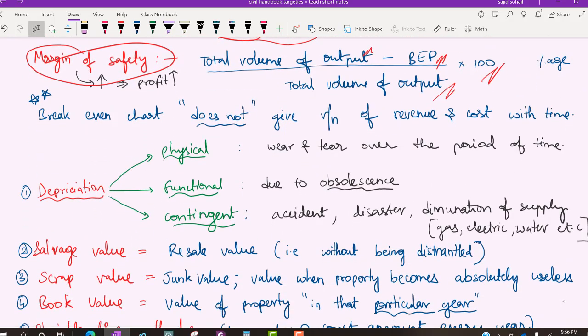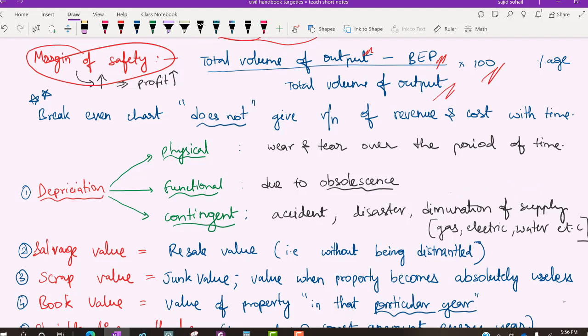Next concept is depreciation. What is depreciation? See, if you are buying a cell phone, let us say today you have bought a cell phone. Okay, 2021 you have bought a cell phone. एक अच्छा सा फोन OnePlus 9 आपने खरीद लिया OnePlus 9. So after 1 year in 2022, let us say you bought it for 50k. In 2022, will that cell phone cost again 50,000 if you want to sell it? No, right? कितना देगा? Some 30,000 देगा. Agreed or not? No one is going to pay you 50,000 for it. So what happened? Depreciation happened. The value of that product decreased over time. It will be same for everything, right?